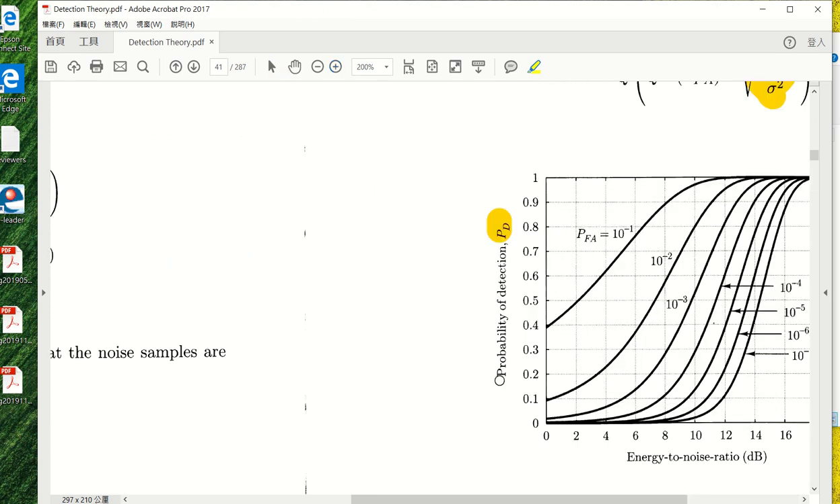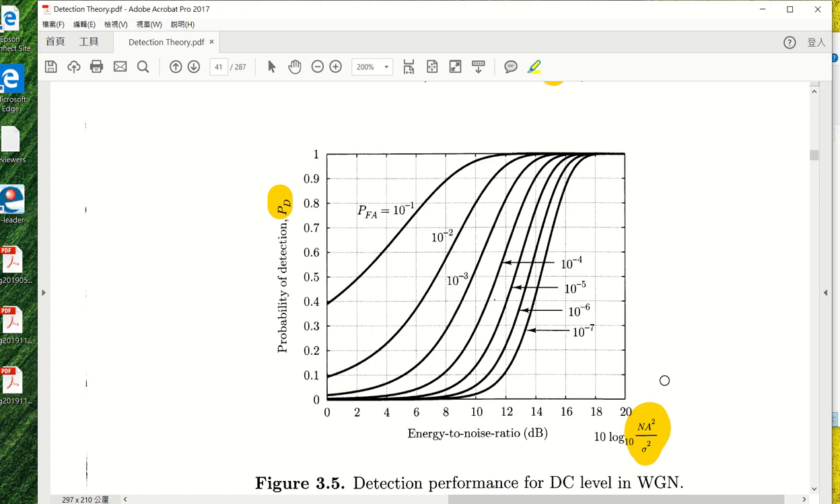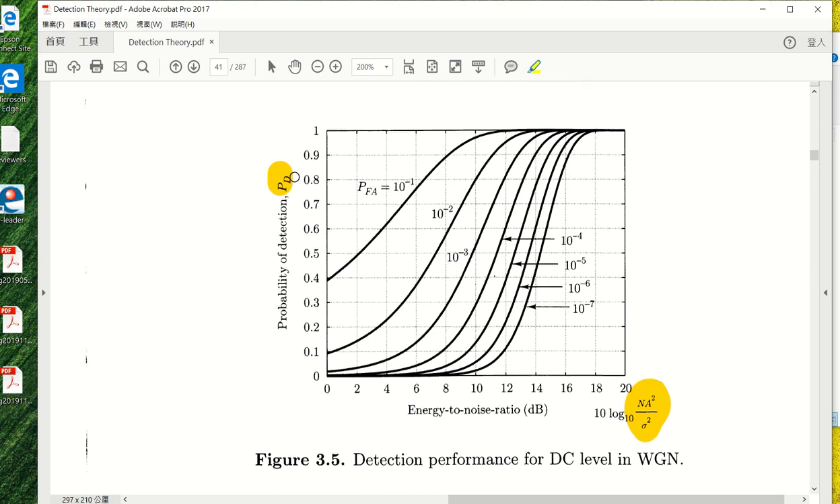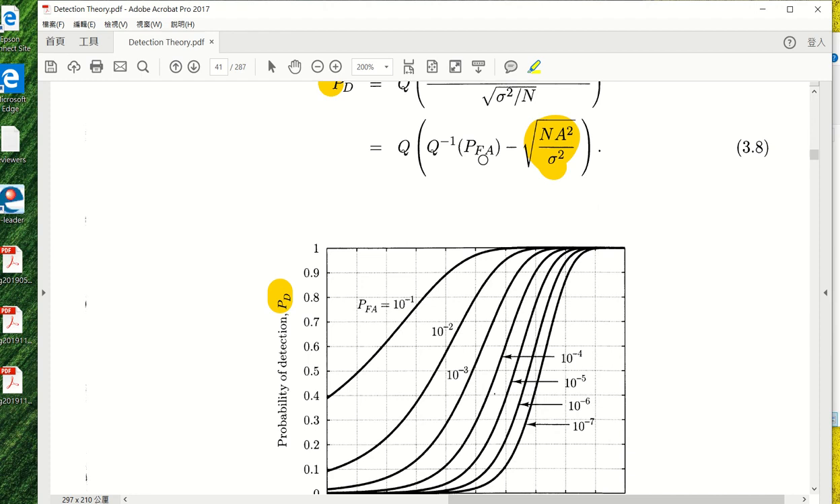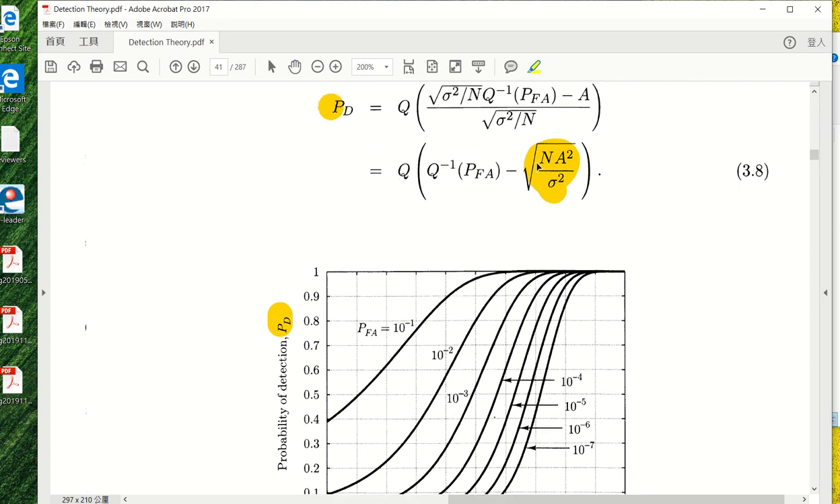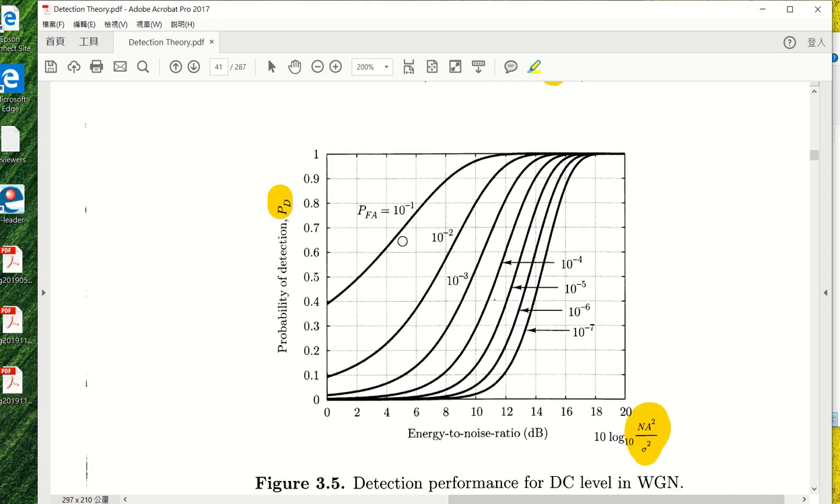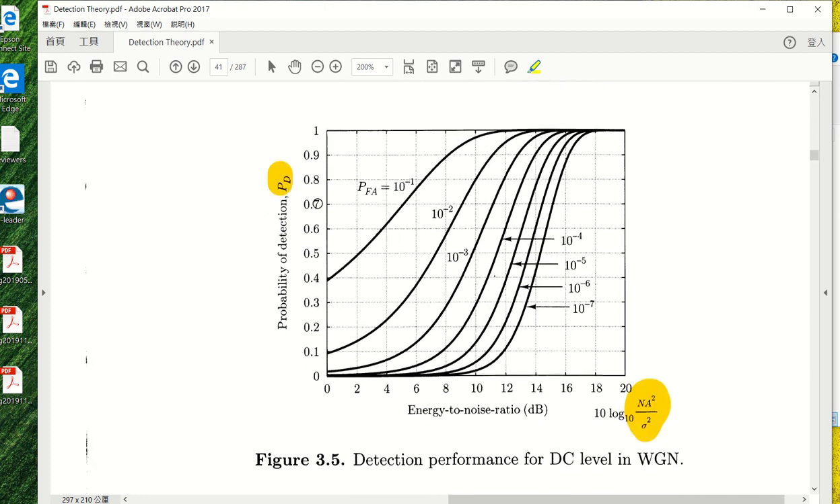Notice that this is a probability of detection. While PFA is not decided yet, it has to be given a specific PFA, then you have a PD versus this, right? You have a PD versus this for a given PFA. So when the PFA is this, you have a PD versus this as this. When you have a PFA this, you have a PD versus this as this. You have a PD versus this for given PFA, and so on and so forth, so you get a sequence of